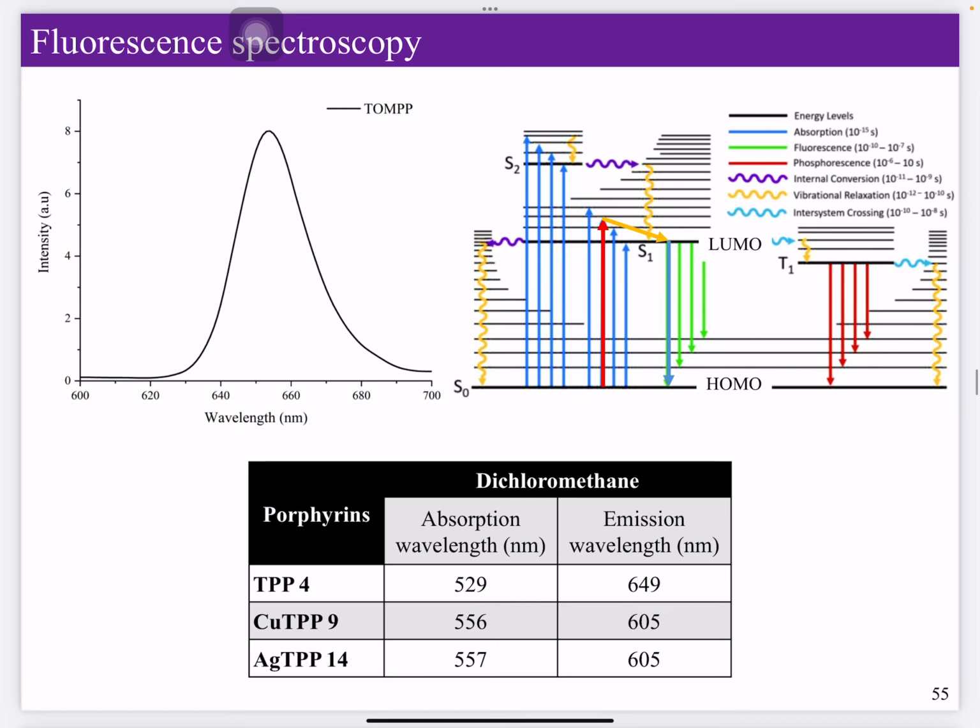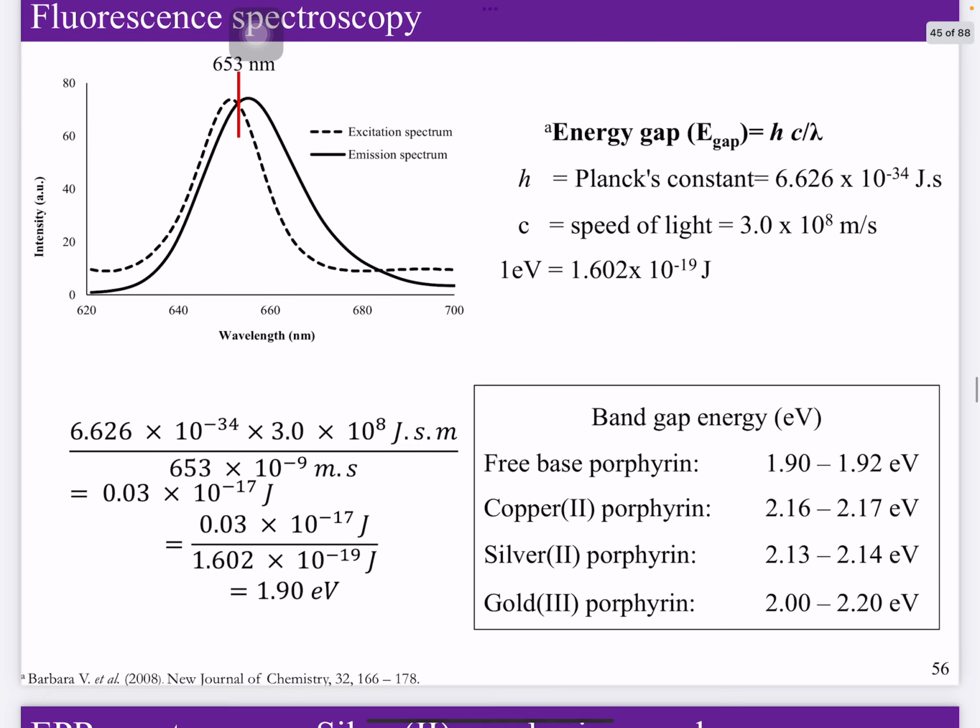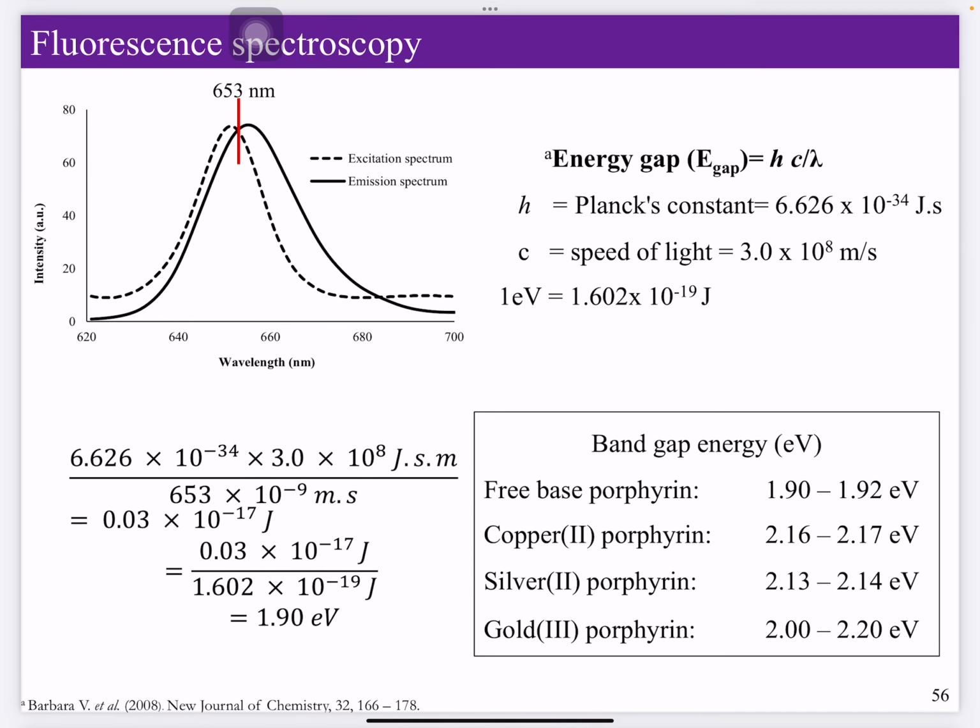The fluorescence spectroscopy indicates that the TPP, copper and silver TPP show an absorption wavelength in a range of 529, with the emission wavelength found at 649. However, the copper and silver show an emission spectrum at 605. For the absorption and emission spectra, we take the overlap area here to calculate the band gap